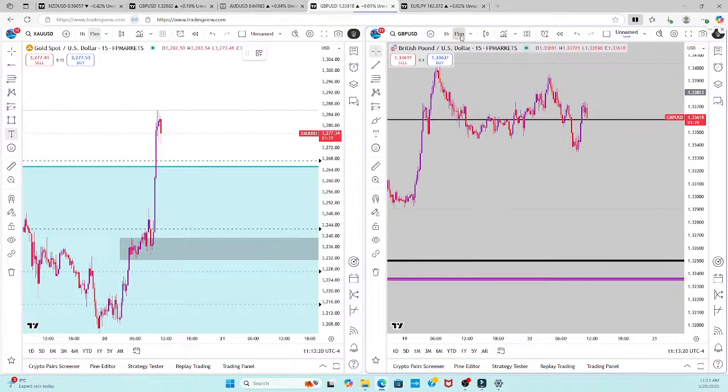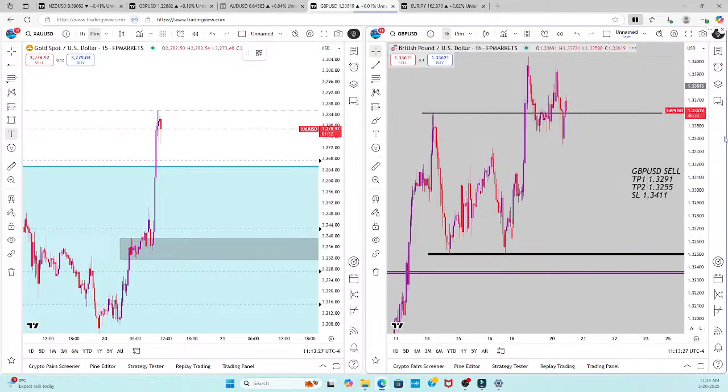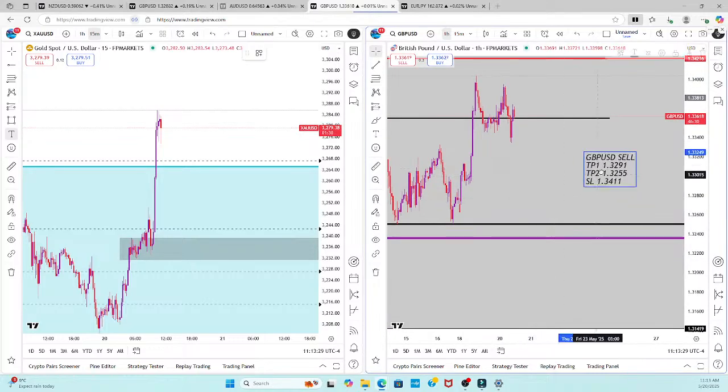So this is the target for GBPUSD. Based on the 1 hour time frame, the price should sell back down to around